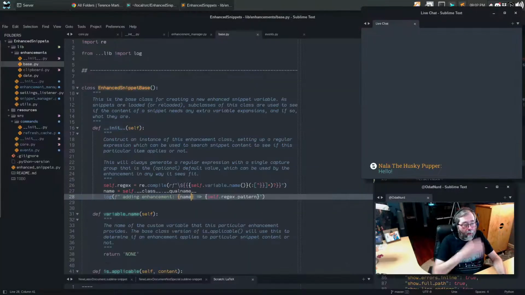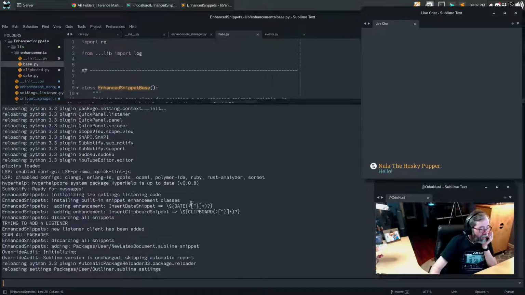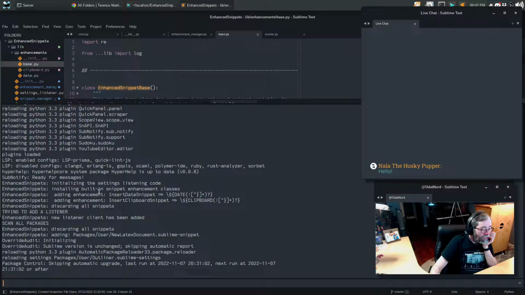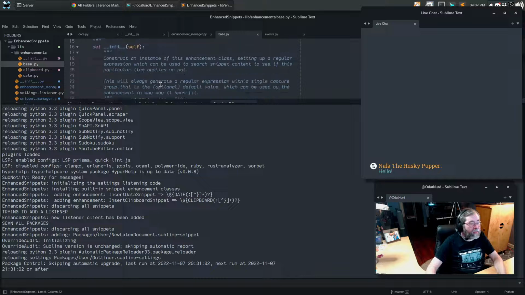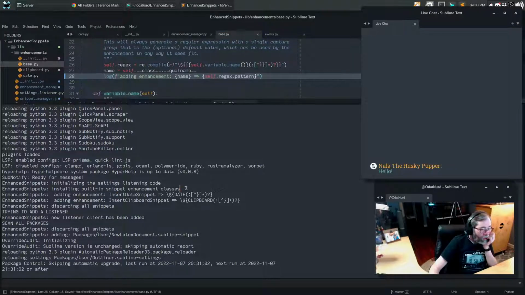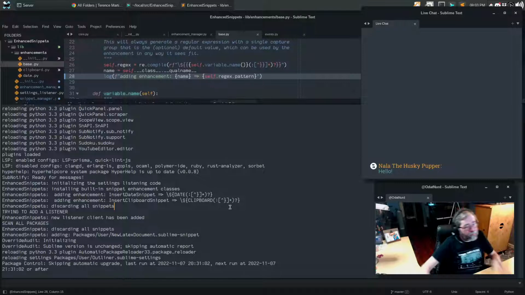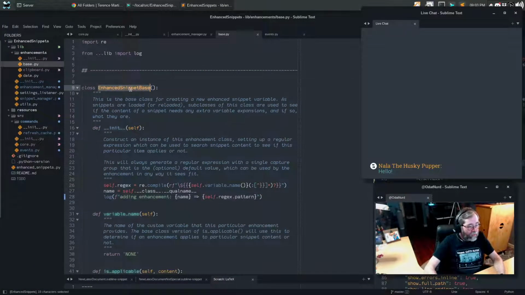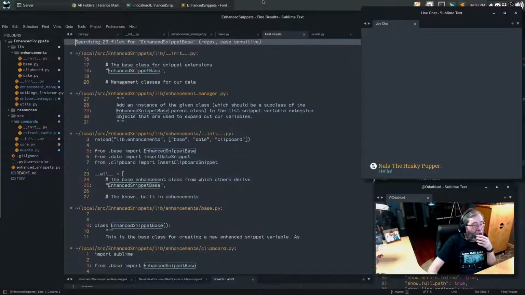Okay. It's going to make that look a little cleaner, I think. Installing built-in snippet, adding enhancement. Oh, I guess I should have put another space in there. That adds a little more to it than I actually want, but it has the stuff that we care about, so good enough. But if we do a little check for this, I think we find